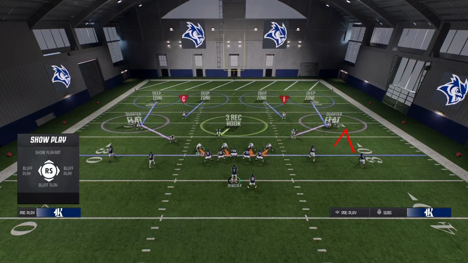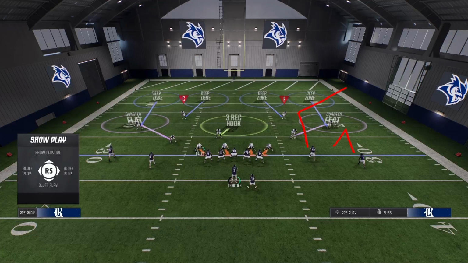Now, the example that's always given is a hitch. This is a really tough route for him to break on and do anything with. And also, when understanding route distribution, when number 1 runs a hitch out of a double set, this likely tells you that number 2 is running some kind of outbreaking route. The classic example is a smash concept just like this. And if you think about how Meg would play this,